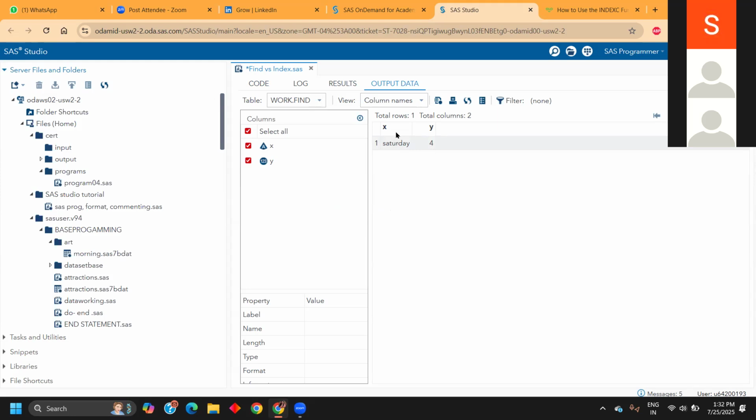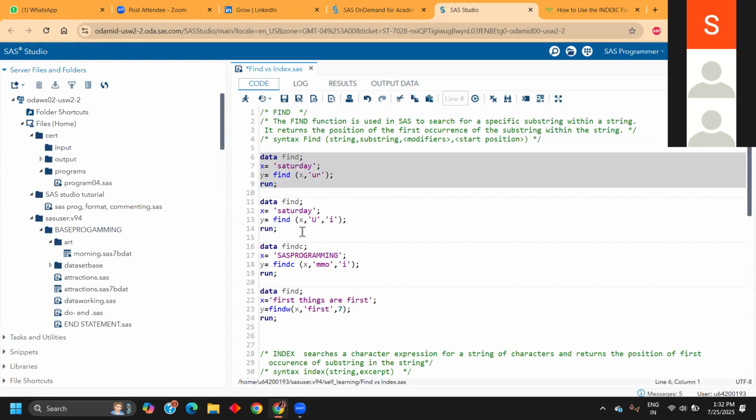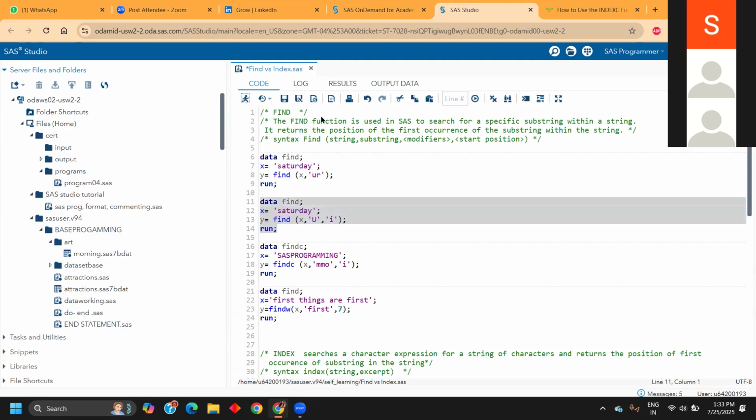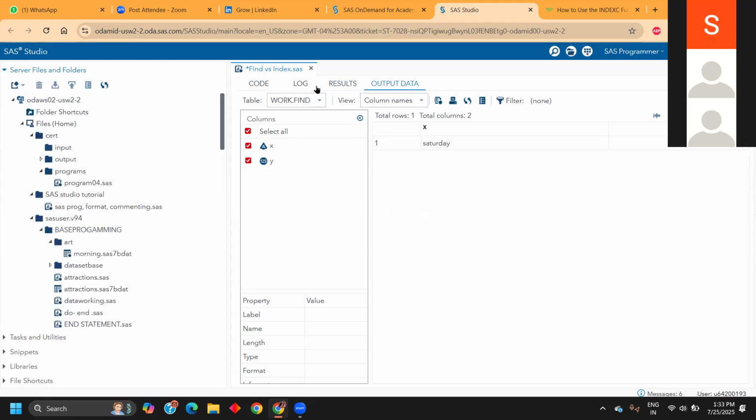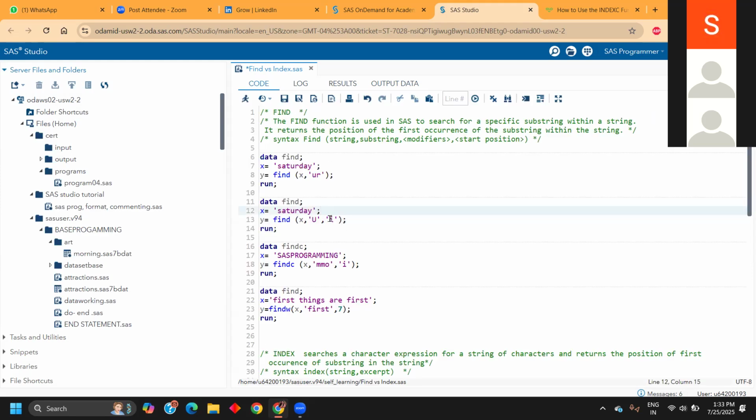In the index function, the drawback is if the substring has the lowercase letter and we provide the uppercase letter, it cannot recognize the substring, so we cannot get the output. But here, if we use the modifier I in the find function, this is case insensitive. So here I'm using this, and I get the output. But without this modifier,